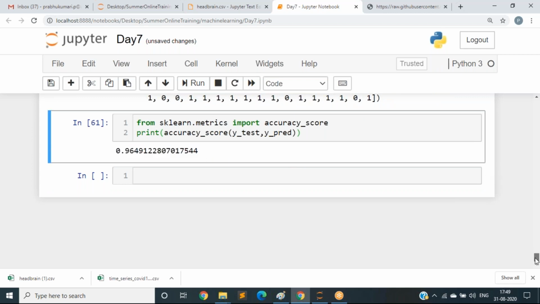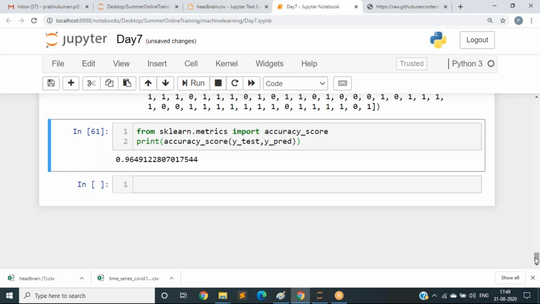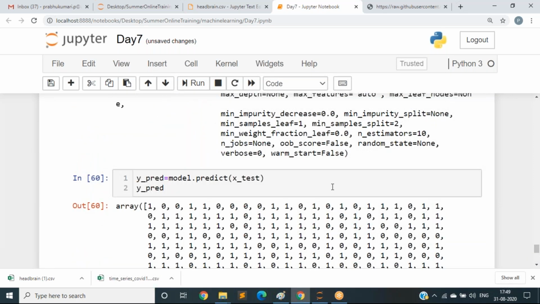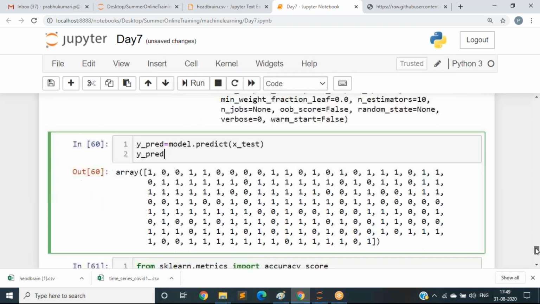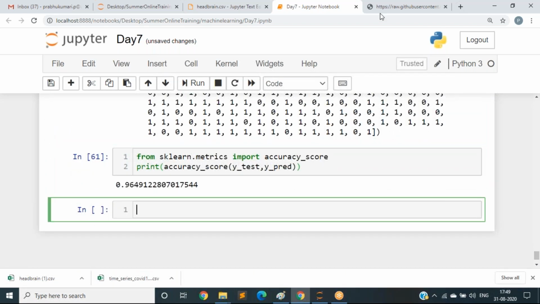Okay, see, your accuracy and the others might differ based upon your model training. It will differ. You can see from all your friends' responses that it has been increasing with a random forest. Yes, Karthik has responded that he has got 99 with the KNN, but he got 98 with random forest. That's okay. That's it with the random forest classifier.